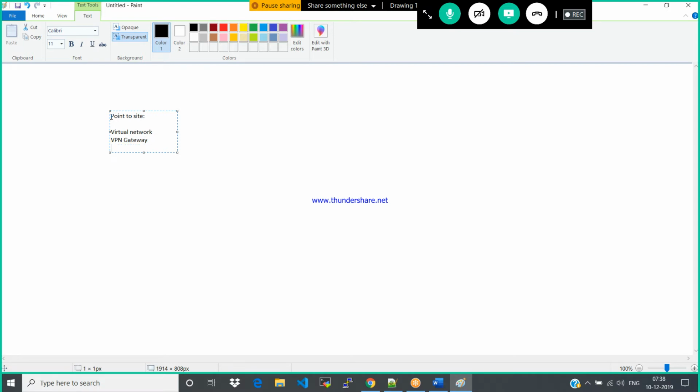How can the authentication be done using the VPN client? The VPN client is nothing but your self-signed certificate. You need to create the self-signed certificate, I mean the VPN client, for the single client machine you would like to connect to the cloud. These are all the steps we need to do to create point-to-site connectivity.